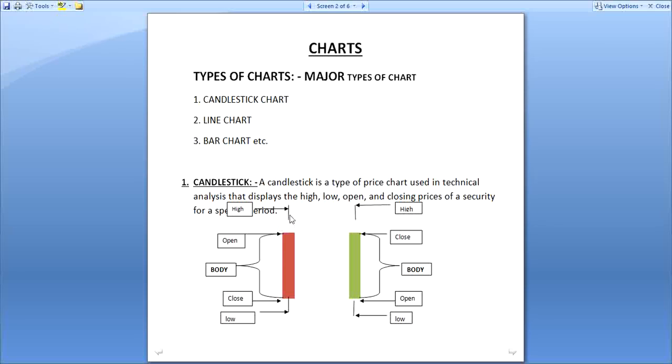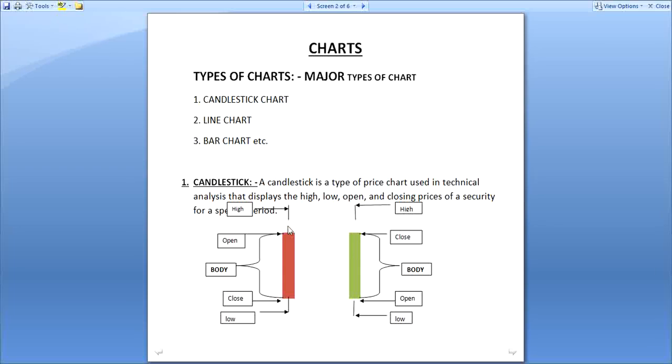So let's see how it is seen. Suppose that is a bearish candle. Bearish means red. Red means bearish. Bearish means in that particular candle the price goes down and down only. And a green candle means a bullish candle. In a bullish candle the price opens and goes up and up, so it's a positive candle. Bearish is a negative candle and bullish is a positive candle.